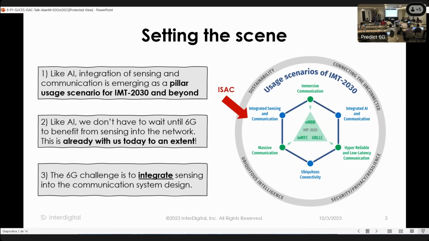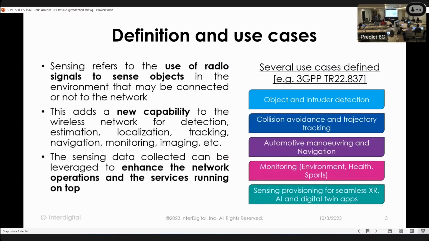Yeah, so sensing has already been with us. You've seen that device that's doing some sensing. Same with AI. AI is already part of the network, and I think the colleagues from Telefonica can witness that. So here, the challenge really is on having these capabilities integrated into the system. Really, the challenge is on the integration bit. How do we have it integrated into the system from day 1 when we design it?